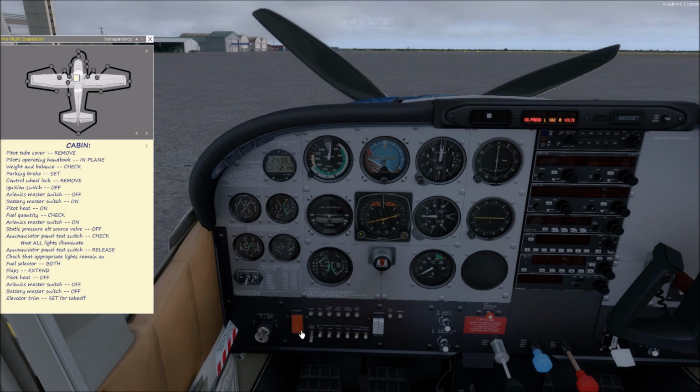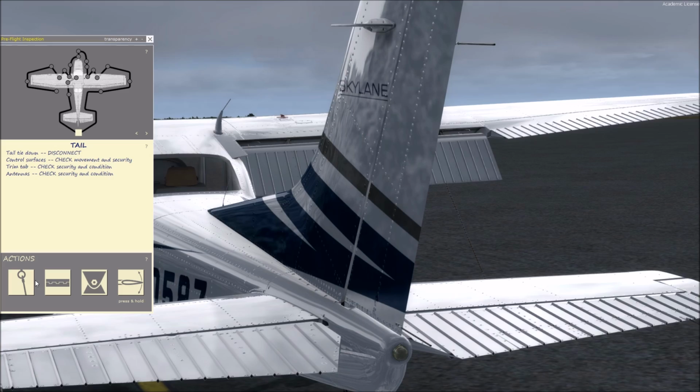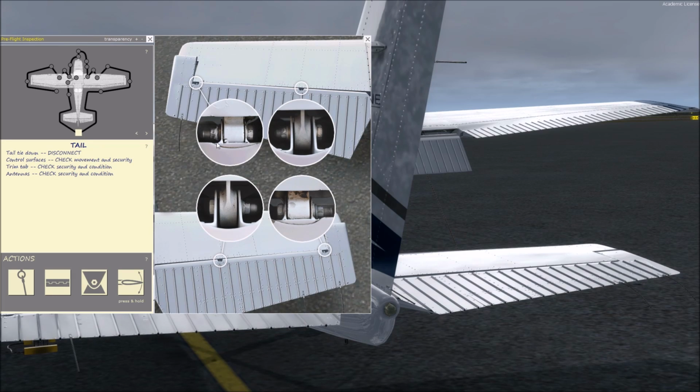So let's get back inside and turn the master off. Turn everything else off minus the beacon. And now we're ready to start the rest of the pre-flight. So we've already done this step. Make sure the baggage door is locked. Make sure we remove the tie down. You want to check the controls, check their linkages